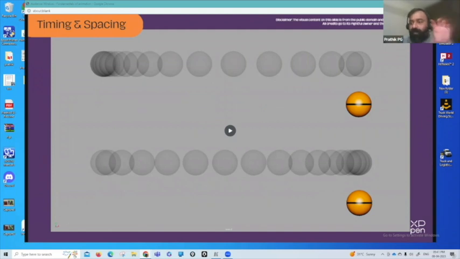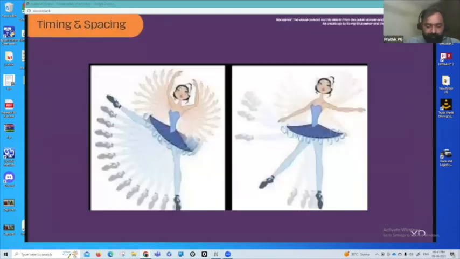Spacing is where in screen space is your object? That is why it's called spacing. So where is your object spaced in the screen space? That spacing will define that. Okay. So the next one